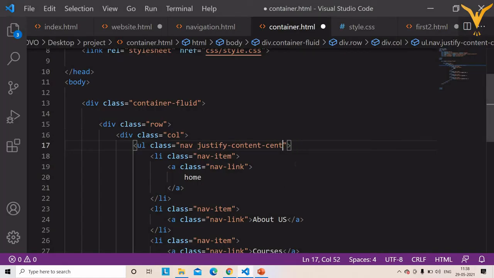Now suppose I want it on the right hand side, then instead of center I will write end. Save it and execute. So now it is placed to the right hand side of your navigation. This way you can change the position of your navigation bar. So this was all about horizontal. Now suppose you want to create a vertical menu bar.